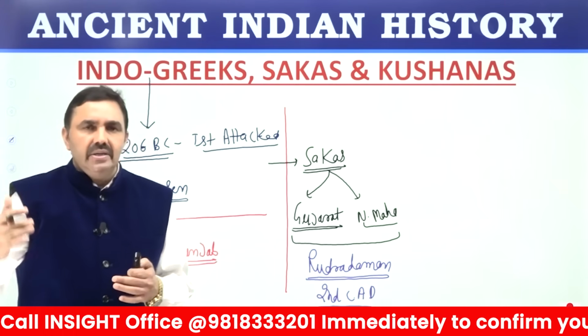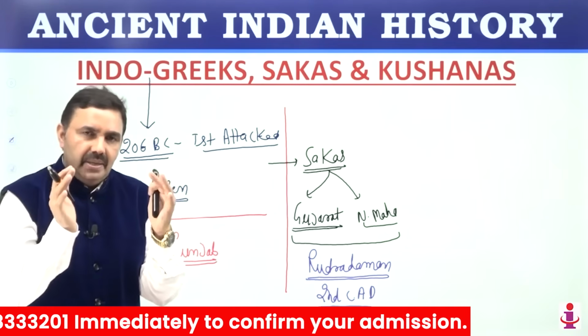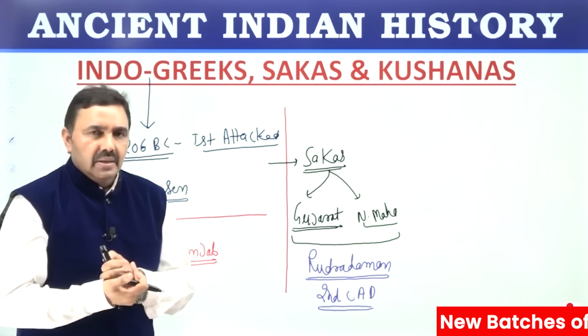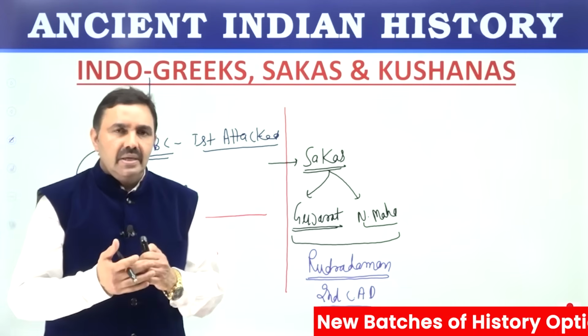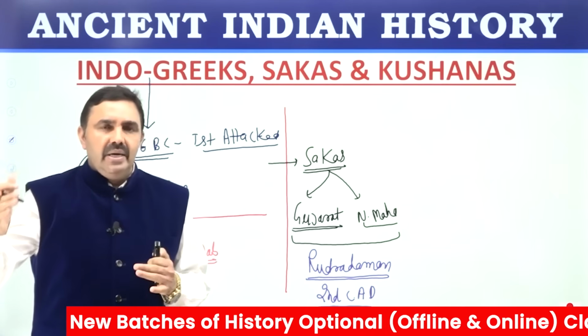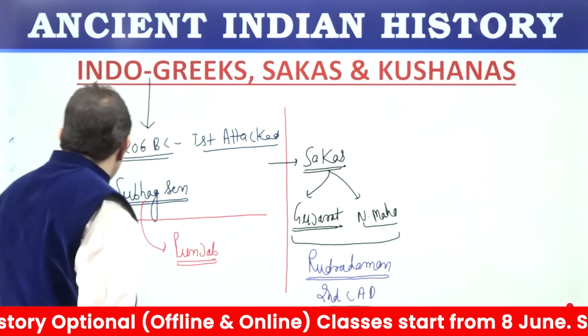Sudarshan Lake is located in Junagadh, Gujarat. The area is known as Saurashtra. Junagadh is a place, and the name of that lake is Sudarshan Lake. This lake was built originally in the times of Chandragupta Maurya. Then it was repaired in the times of Ashoka. Then it was repaired by Rudradaman.